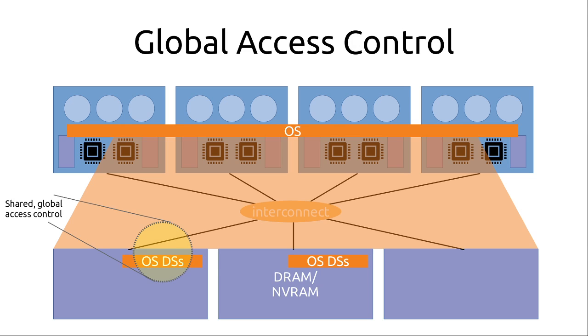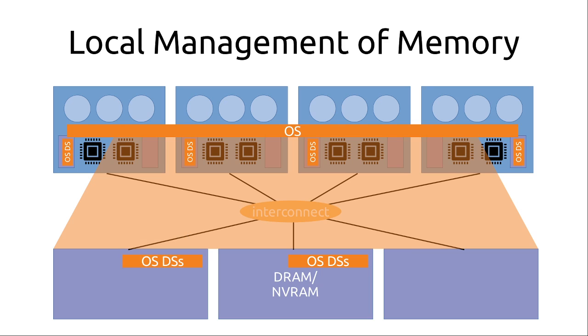So we can use the operating system itself and its own tracking structures to decide what of that disaggregated memory should be shared, should be global, etc. What are the access control policies that wrap over it? Now, of course, any realistic system is going to have some sort of a split between the local memory, which might or might not be accessible to other nodes, and that which is global. So the operating system will need to support having some of its structures that are local and some that are global. As you'll see, our policy is simply to never have a pointer from the global to the local.